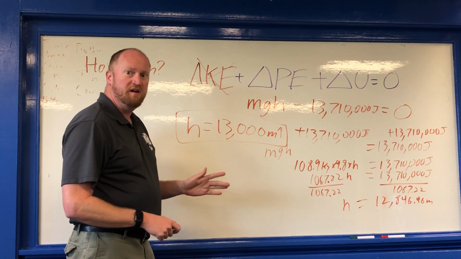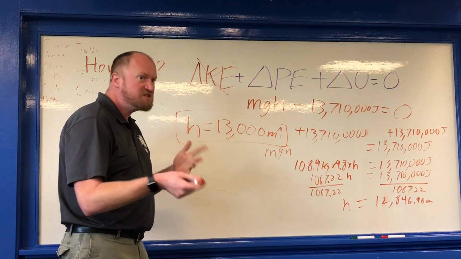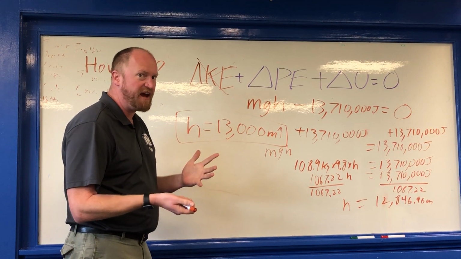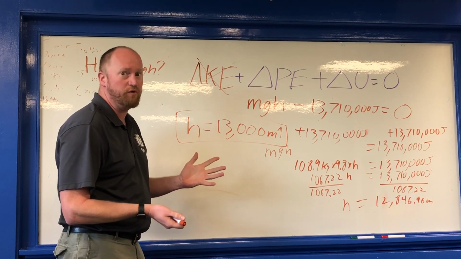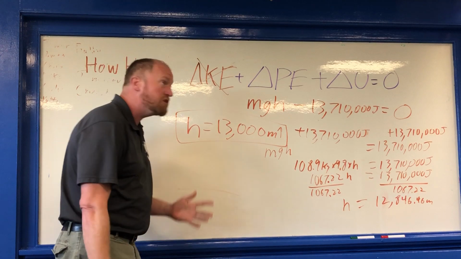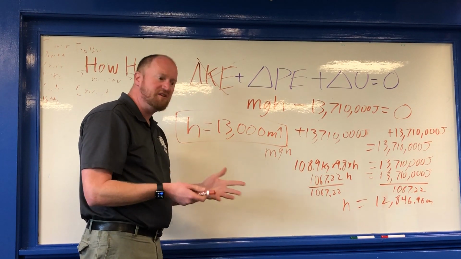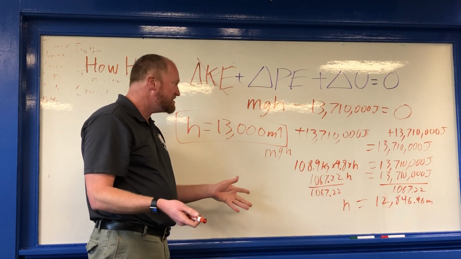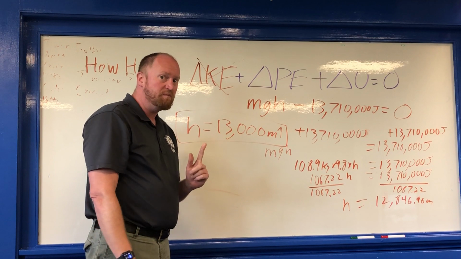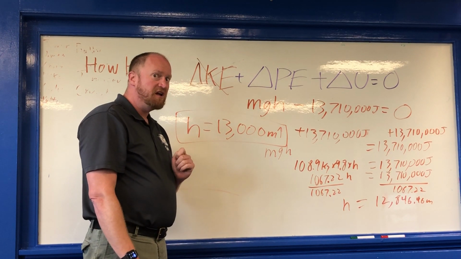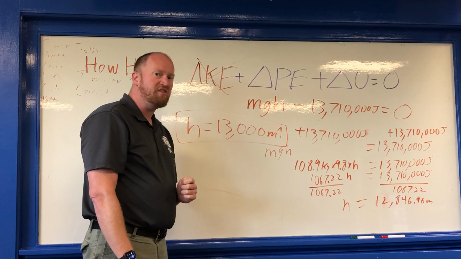Now, I want to point out something. One, I've got myself down as moderately active. If you are highly active, you're probably burning a lot more calories for somebody your size. You're going to probably go even higher. If you put yourself down in the calorie calculator as sedentary, you're probably going to get a number that's lower. But even still, it's going to be in the thousands, in the high thousands.